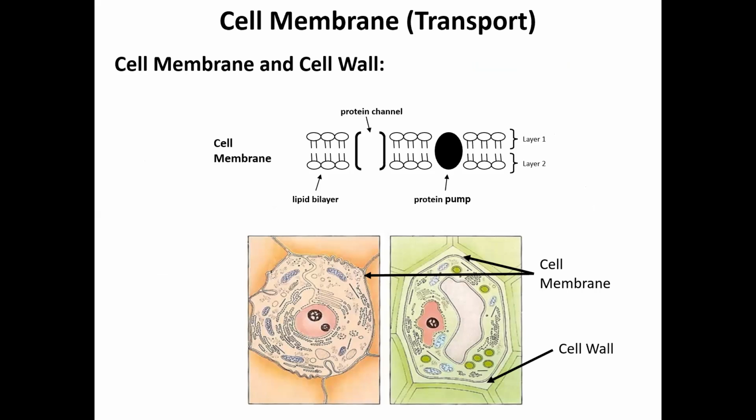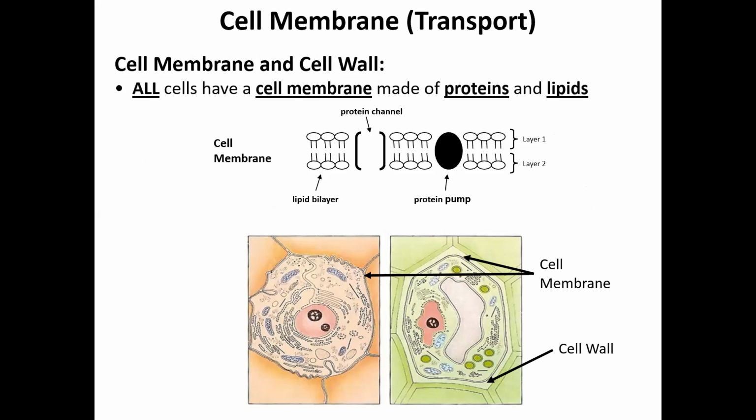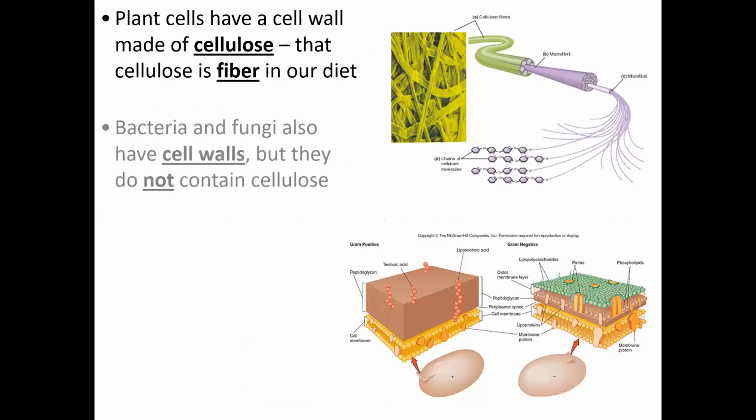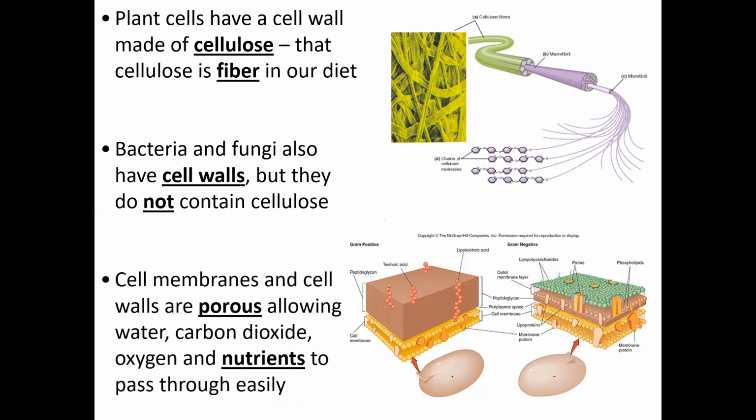Generally, the cell membrane acts as a transport barrier for the nutrient molecules. The membrane contains protein as well as a lipid bilayer in its structure. Some cells have only a cell membrane and some also have a cell wall. Plants, fungi and bacteria contain a cell wall, while the animal cell doesn't. Plant cell walls are made up of cellulose, while the bacterial cell doesn't contain cellulose, but contains a lipid bilayer in its structure.